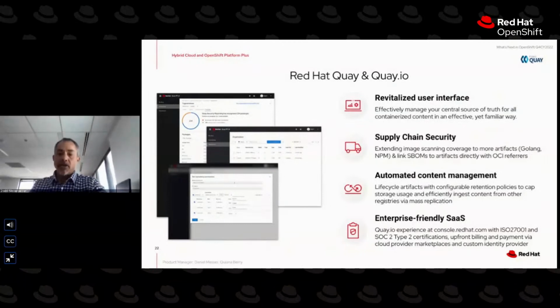And we will get a fresh user interface experience starting with Quay 3.8, and Quay.io will be shipping in a couple of weeks. This new UI is going to replace the old interface. It'll boost user productivity with a lot more support for batch operations, monitoring the registry, the health of the registry, and getting accurate, in-depth reporting on the security of all your containerized content. Again, all the different components in that layer cake need to be secured, and this is what's going to help that across the entire